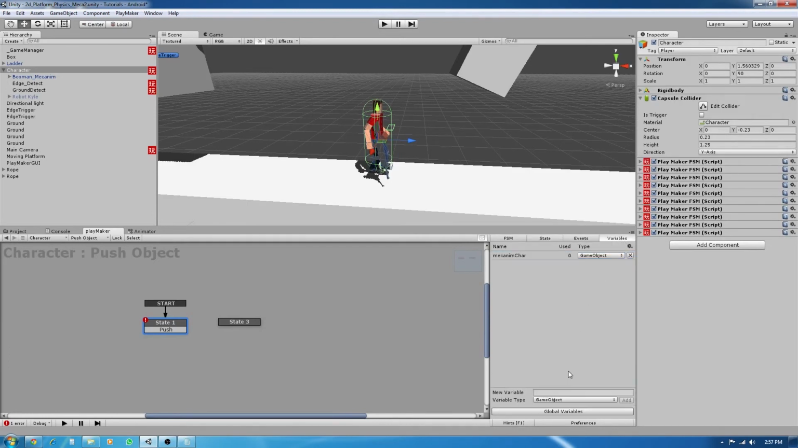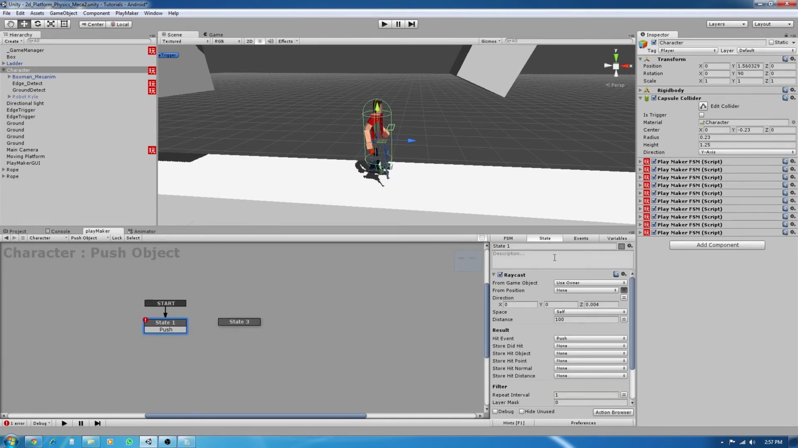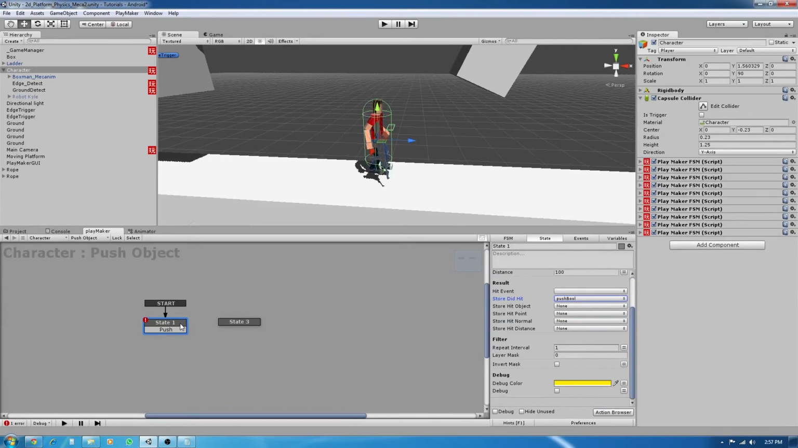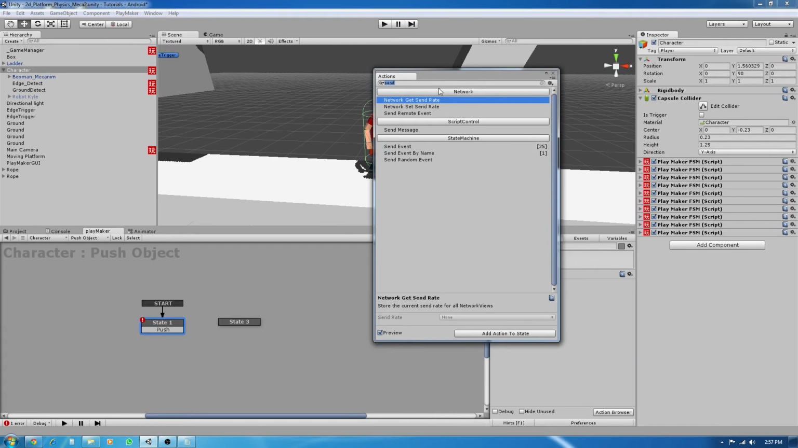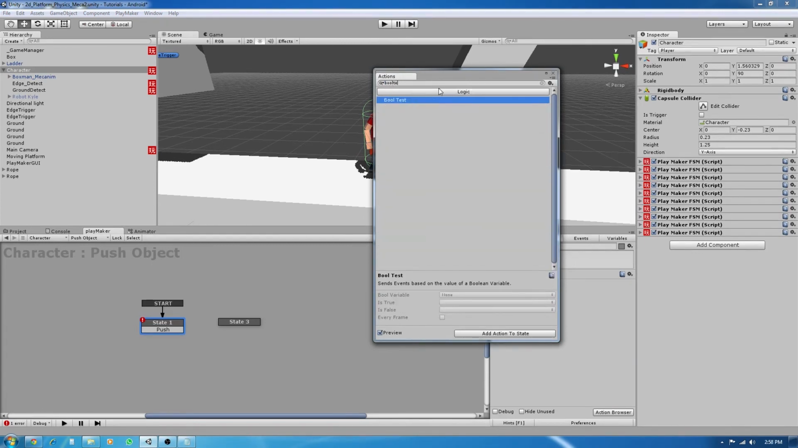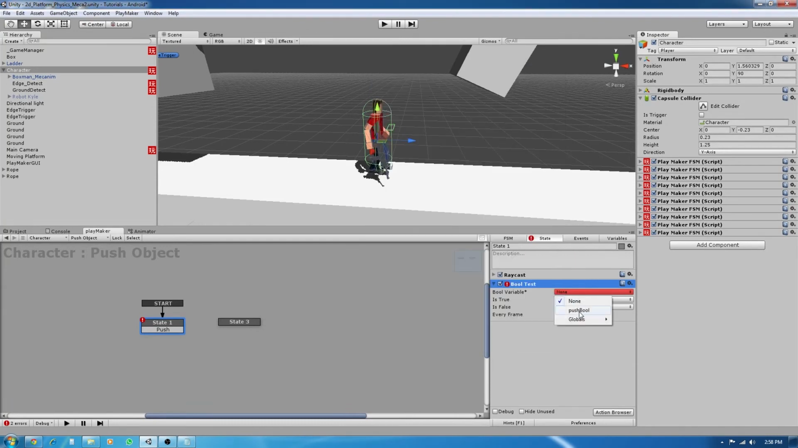So I'm going to create also a boolean variable, push bool. Okay, so here, store date head, I'm going to use push bool here, and then I'm going to add a bool task action, and we're going to test our push bool variable if it's true or not. If it's true, then push every frame here, and